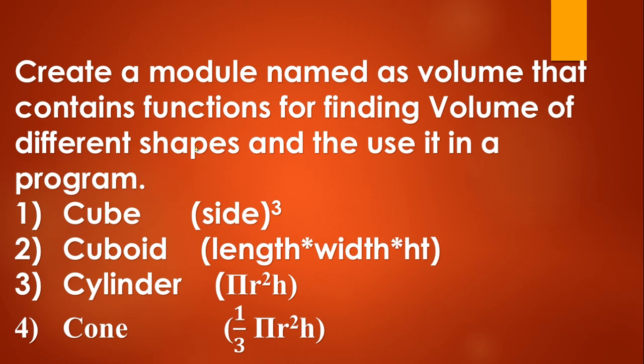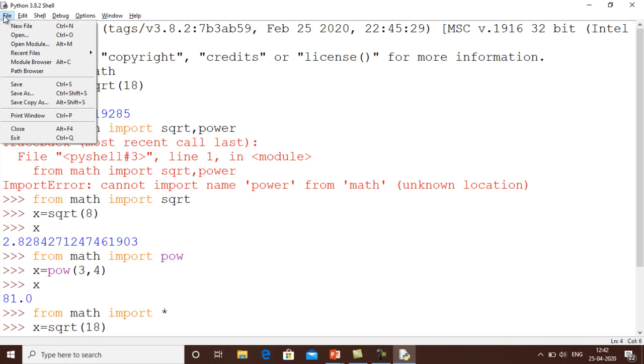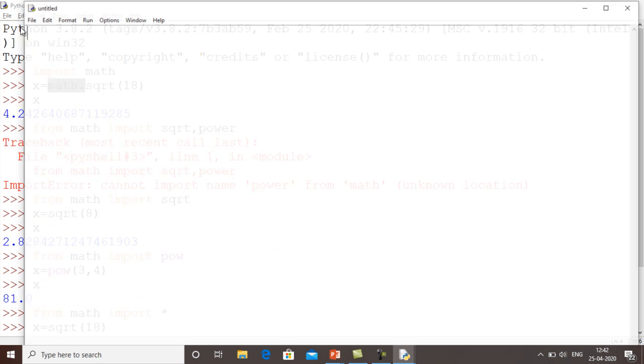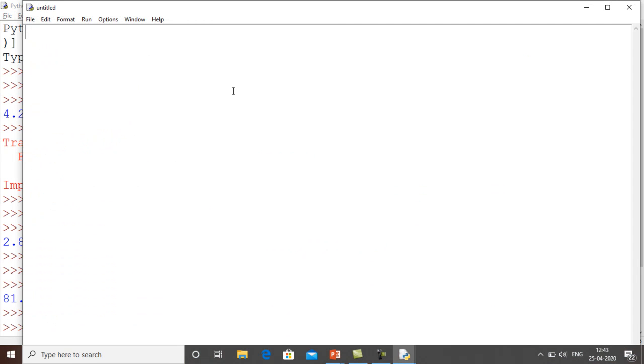Now let us create a simple example in which I want to create a module named volume, which finds the volume of different shapes. I have written some shapes like cube, cuboid, cylinder and cone, okay. So let me create a module for it. I will open a new file first, and in that new file I am going to write